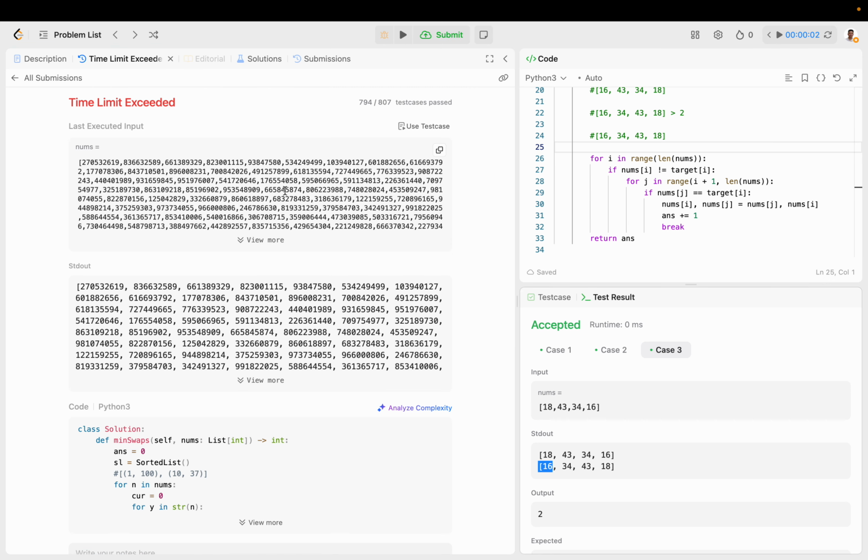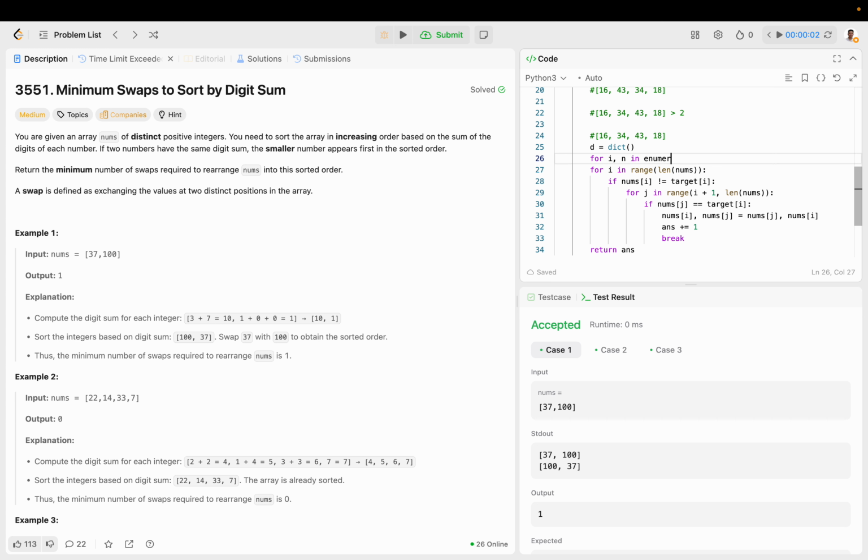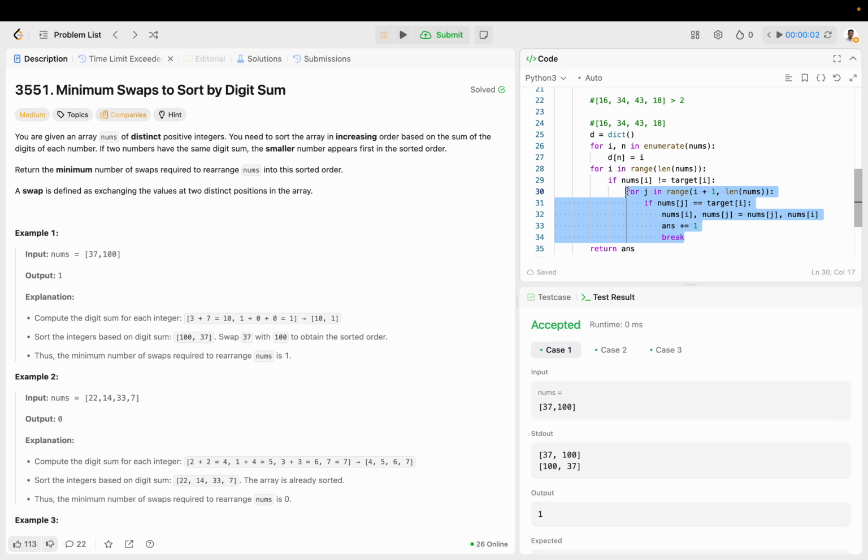So basically, now we're just going to pre-process the indices since we know there are no duplicates, so each value maps to an index. And what that's going to allow us to do is say if nums of I is not equal to target of I, we're just going to delete d of nums of I currently because we only care about everything to the right-hand side, right? So in that case, if nums of I is not equal to target of I, then we can say if what we're looking for is inside of our dictionary, then